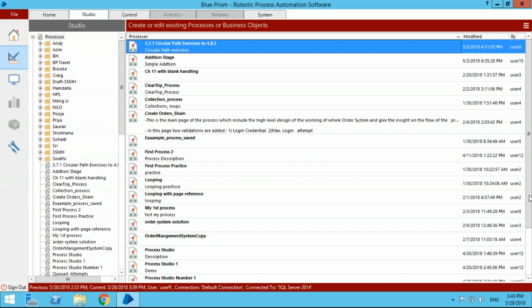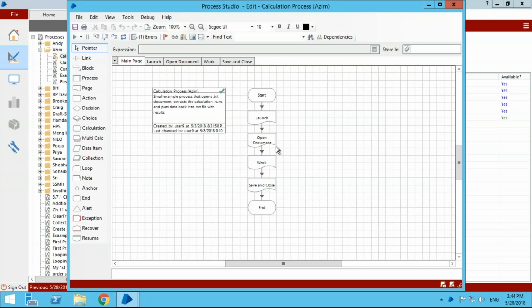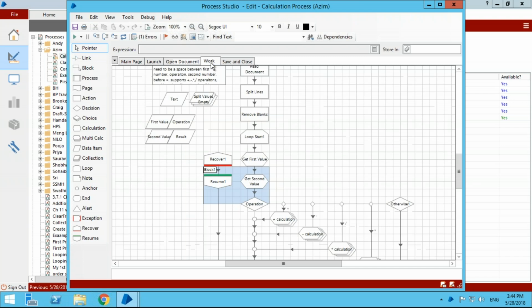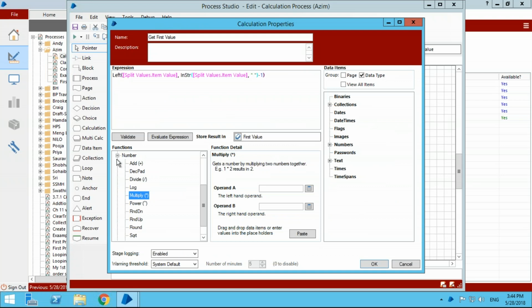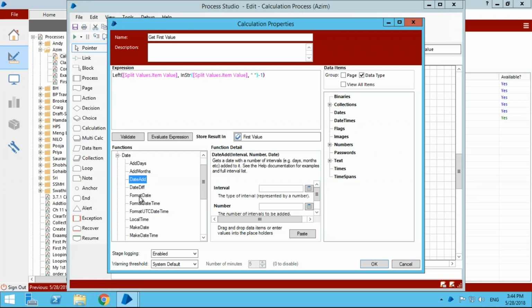So Mia, you asked about will we be taught how to do the expressions from scratch so we get them right? No, there is no specific session for me going through this is how you build expressions. However, as we go through the course, expression is something we're going to use a lot. And as I mentioned already, do not worry because every expression that you can do is already in here, right? These are all the things you can do. So if you take some time to just go through these things and see what it says in there, you learn how to use them. So take the time to have a look at that.